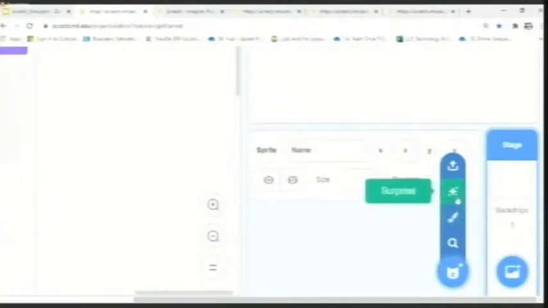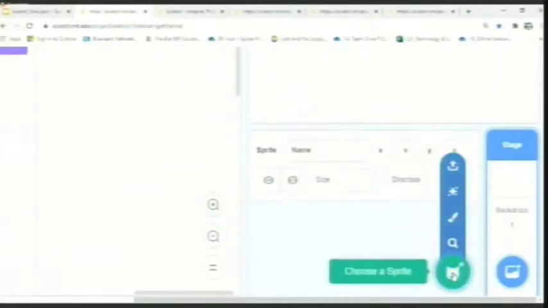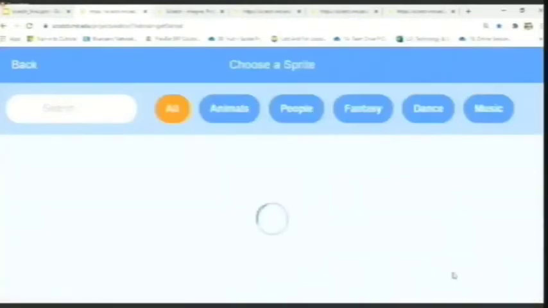And here next we have a surprise. When you click on the surprise, it is going to just pick a random sprite out of the library, and then it will give it to you on the stage. And the last option is an upload sprite. Now, what is this upload sprite? For example, I have a story, but that story images are not available to me in the library. So what I'll do is I'll go to Google, I will download some images, and that images, I don't know how to upload it onto the Scratch. So this particular option will help you to do precisely that. All you have to do is click Upload Sprite, download the imaged sprite, and then it will be available to you on the Scratch. For now, I am going to just pick an image which is available in the library.